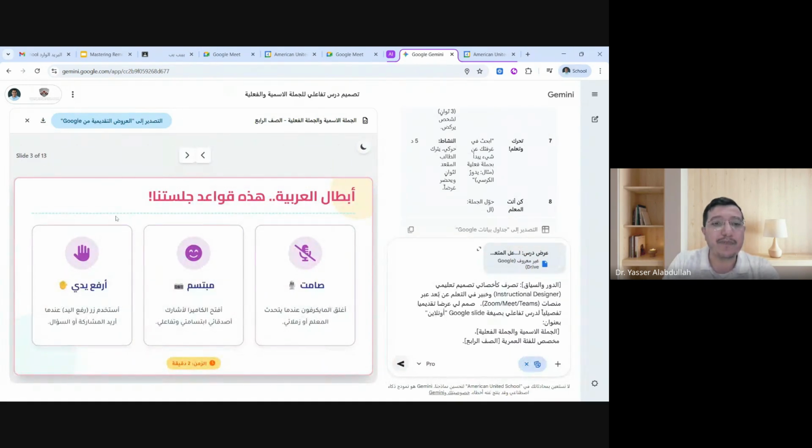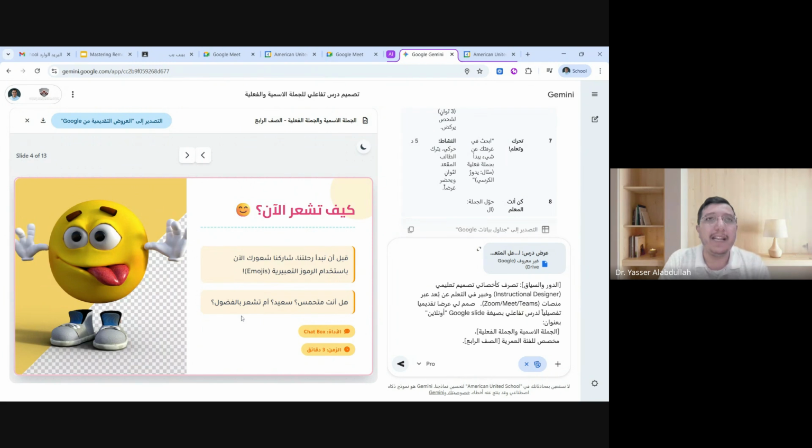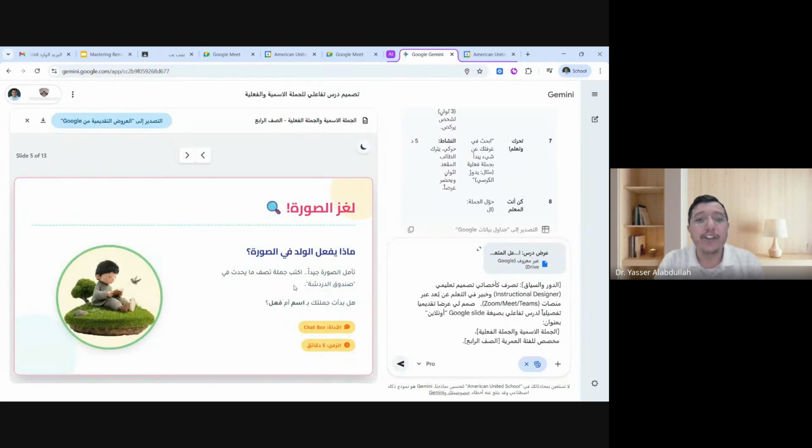أيضا يستطيع أن ينشئ لي قوانين لحضور هذا الدرس، ثم يقوم بعمل نشاط كسر الجليد أو كسر الجمود. تمام، ولاحظ حتى أنه يعطيك هنا ما الأداة التي تقوم باستخدامها أثناء إعطاء الدرس، ثم يقوم بإعطائك مثلا تمهيد للدرس. ماذا يفعل الولد في الصورة؟